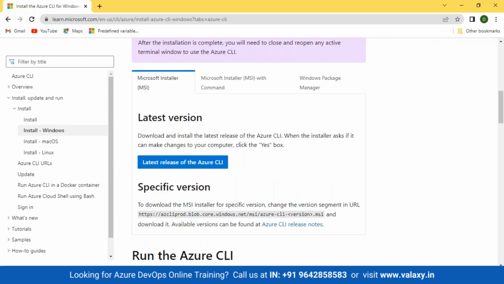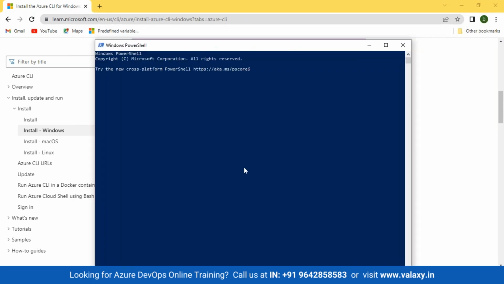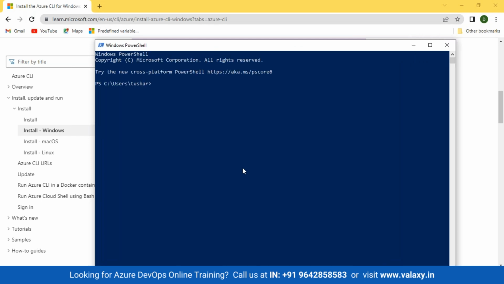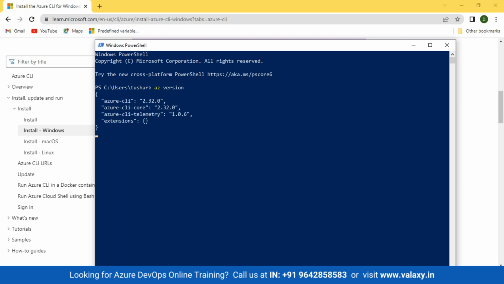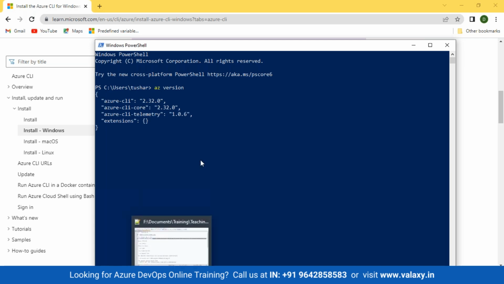How do you verify if the CLI is installed? After that, you can just open PowerShell. Once you open PowerShell, just run this command, az version. And if you're getting an output, that means the CLI is perfectly installed. See, I'm getting an output, 2.32.0. So just go to this, install CLI, check for az version, and if things are looking good,